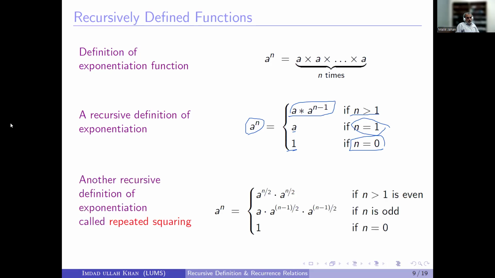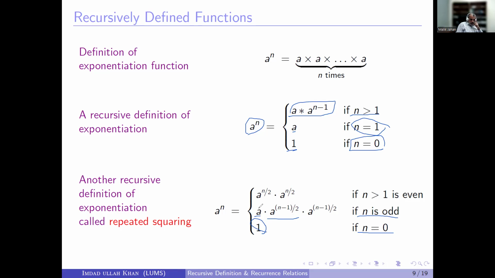Or another alternative way of defining the same function is using repeated scaling. So if n is 0, it is 1, anything raised to the power 0 is 1. If n is odd, we write this as a times a raised to the power (n minus 1) over 2 times a raised to the power (n minus 1) over 2. And the reason we are writing n minus 1 over 2 is so that we can land into a perfect